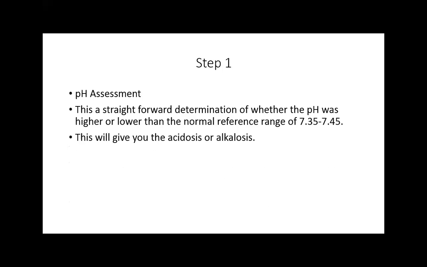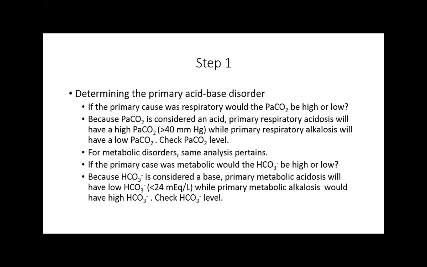So clearly the first step is the blood pH greater or less than 7.35 to 7.45? Less than 7.35 is acidosis, more than 7.45 it's alkalosis. So that's pretty straightforward. Then is it respiratory or is it metabolic? And if it's respiratory, then for a primary respiratory acidosis, we're going to expect the PaCO2 to be greater than the norm, because that is